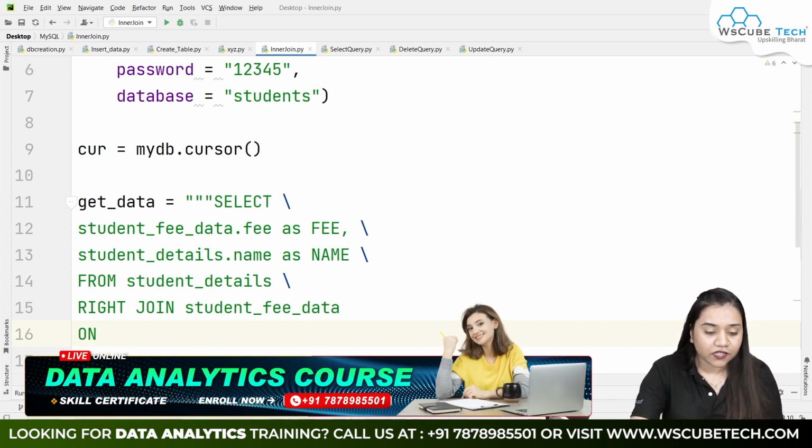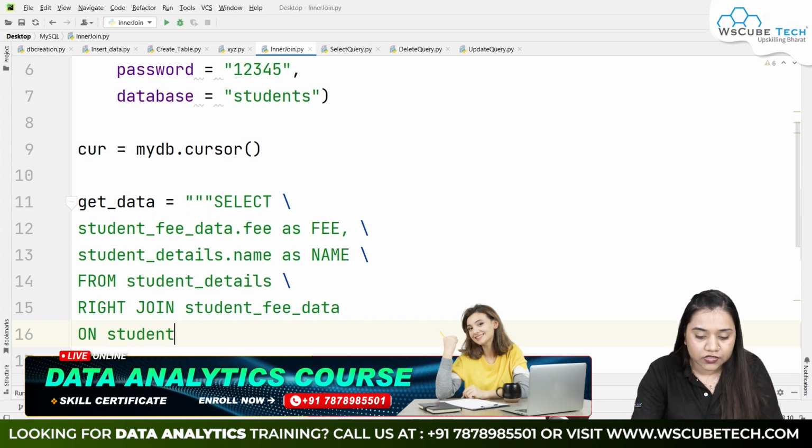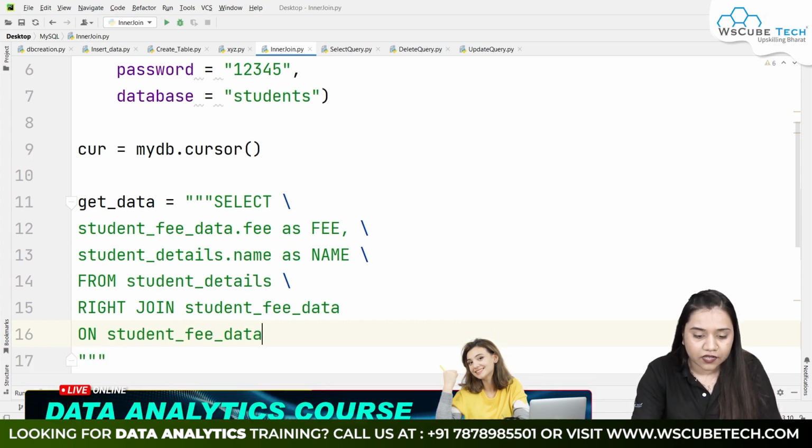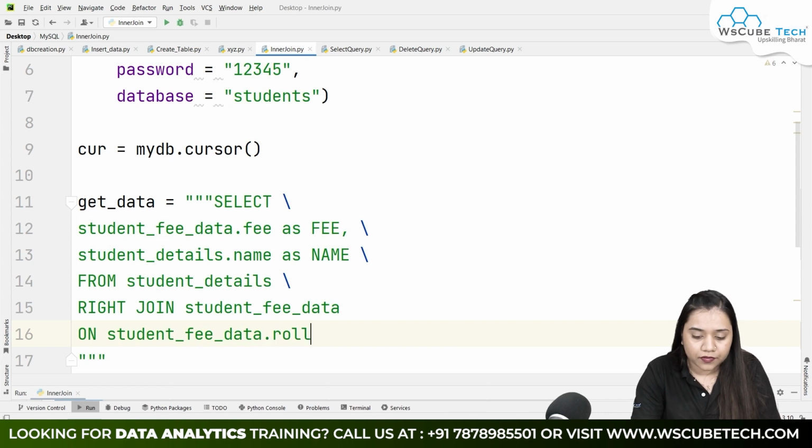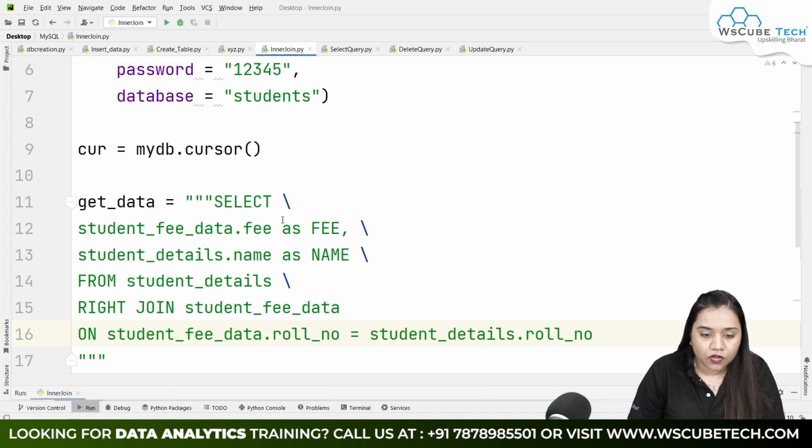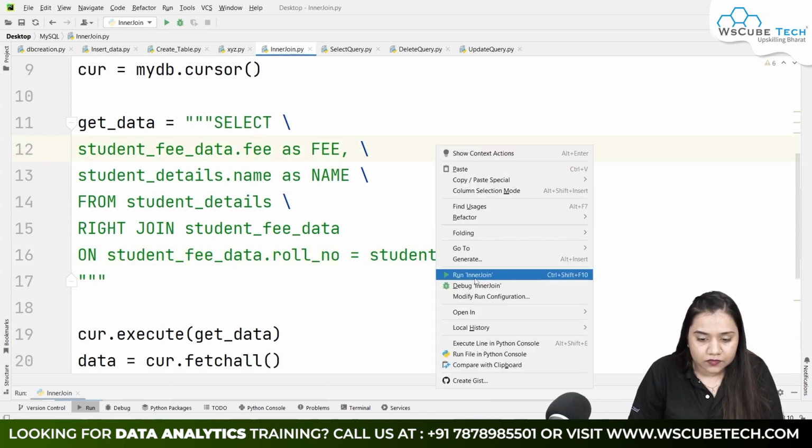So let's write student fee data dot roll number equals student details dot roll number.